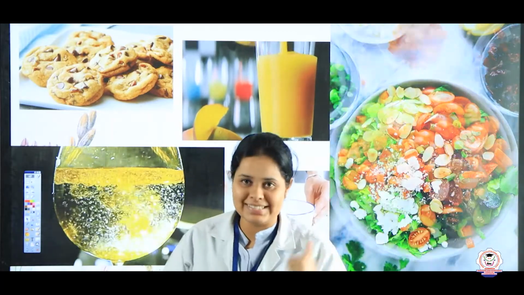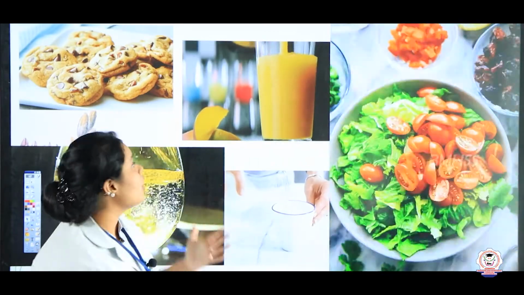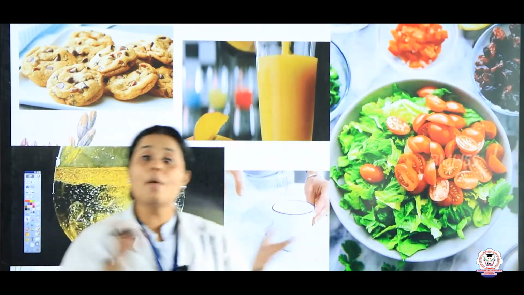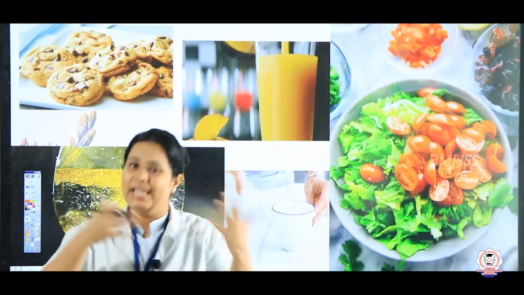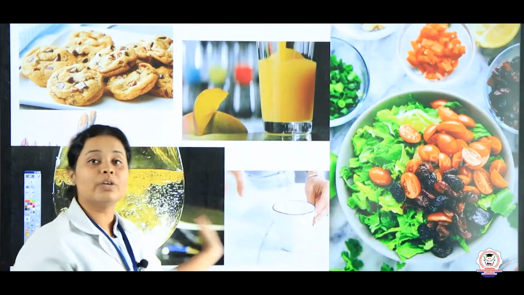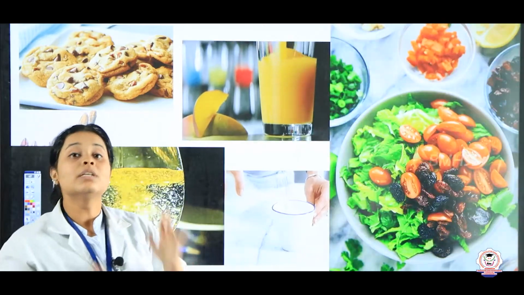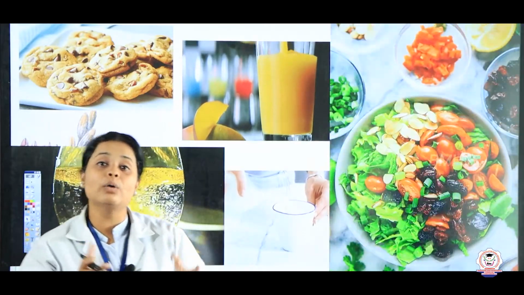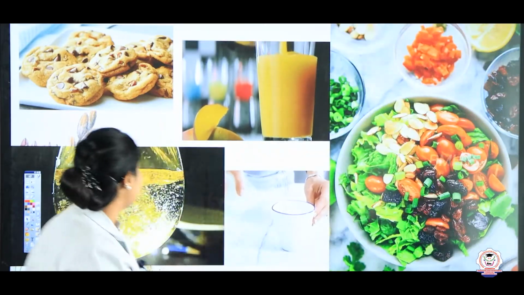Do you remember this? In previous session we have talked about the mixtures. So what are mixtures? Mixtures are the combination of two different elements or compounds. For example, here you can see different types of mixture, right? So there we have seen how and what types of mixture are there. So in this lesson we are going to see how the separation is possible, right?